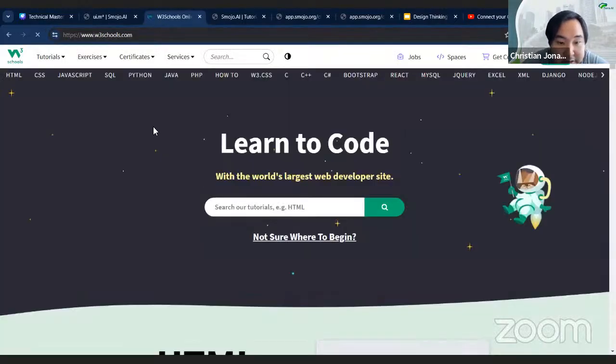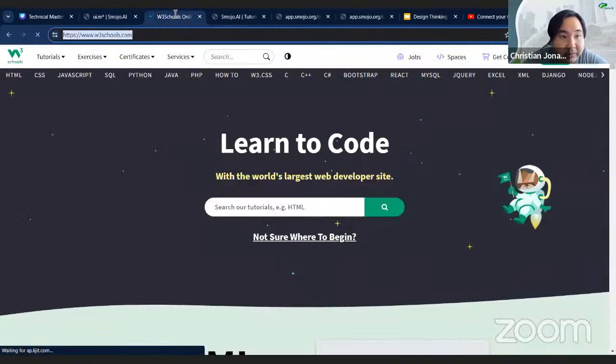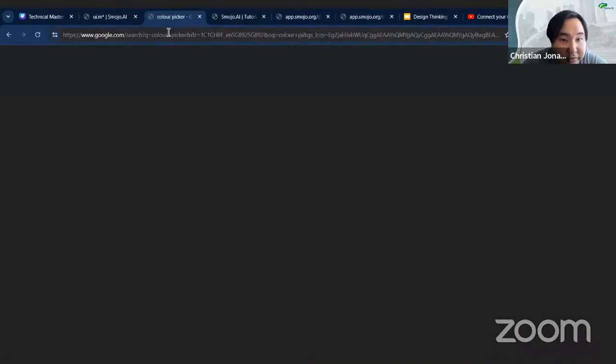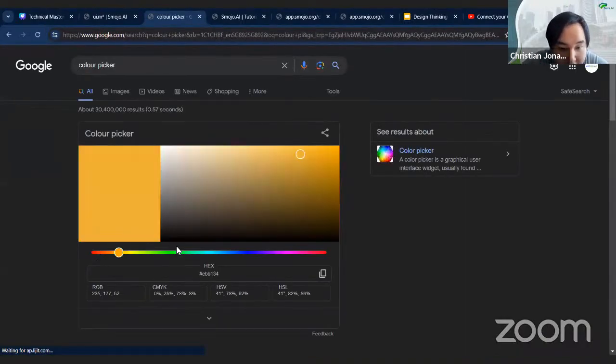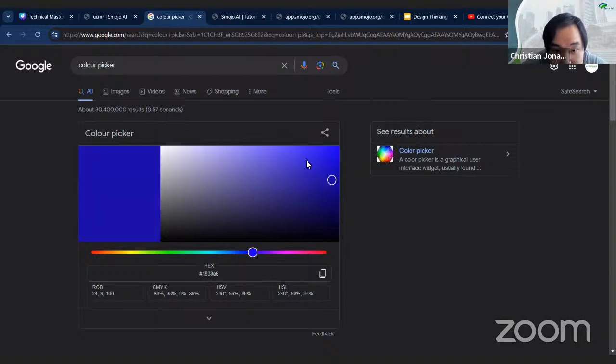for some syntax on HTML. But I know that the background color is this one. So right now I want to change the background color to blue. Maybe I can use a color picker as well. I want to have this blue, right? I want to change it to this blue. Maybe this blue is okay. So you can pick any color picker